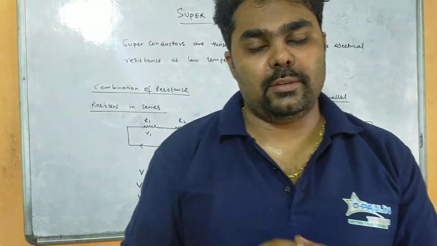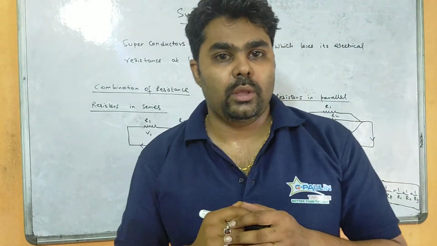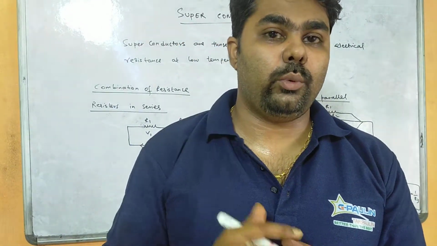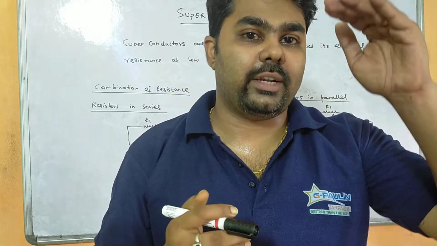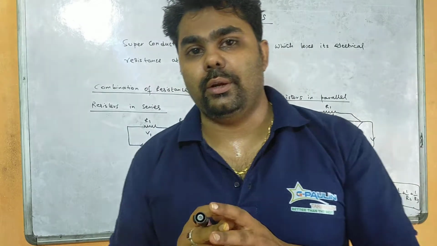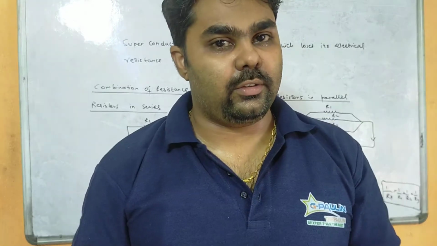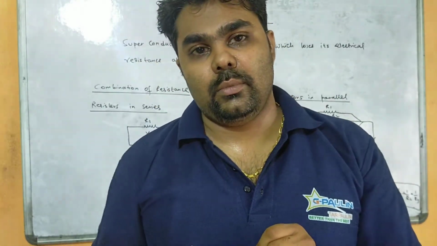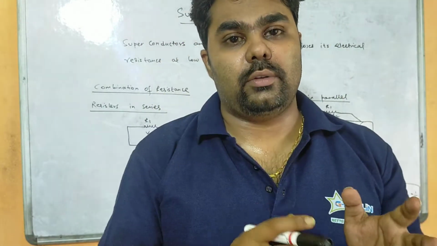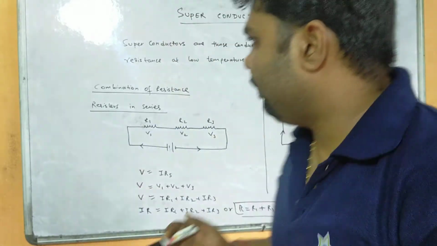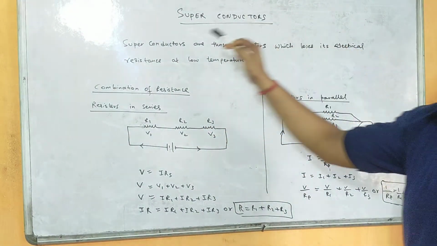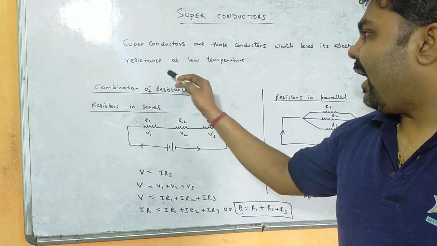With the same concept, if you think in the converse way, if we decrease the resistance now, whereas earlier we were increasing the resistance and current was getting reduced. Now to make a superconductor, we are reducing the resistance. If you reduce the resistance, then the conductivity will increase. Those conductors are called superconductors. So how are we going to define superconductors? Superconductors are those conductors which lose their electrical resistance at low temperature.